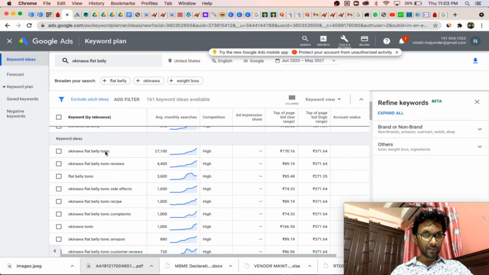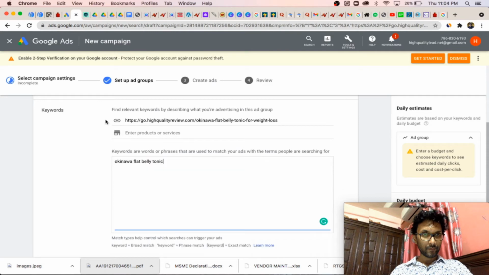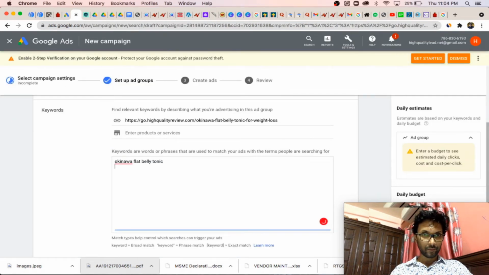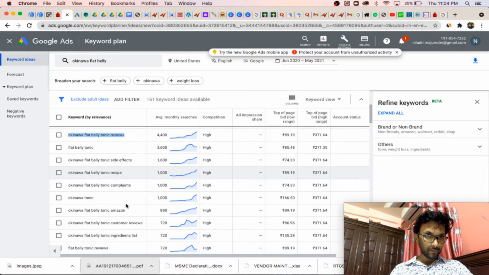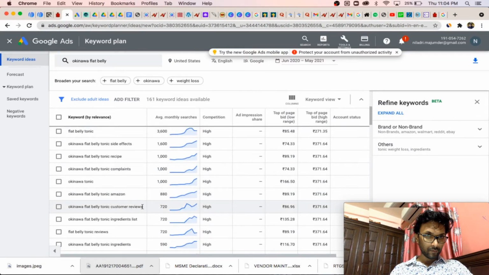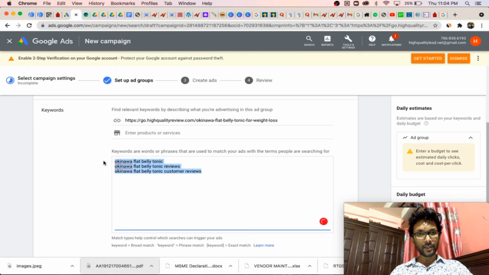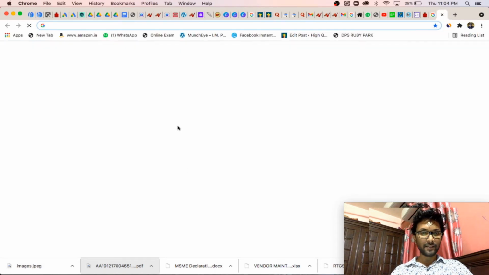We will use only these three keywords right now, but you can use both phrase match and exact match.